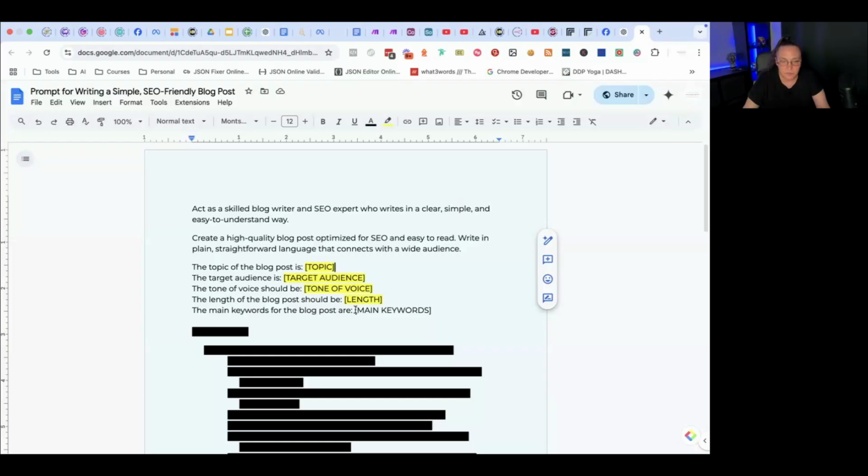enough content. And of course, you need to tell it what the main keywords are, because this is what will create that SEO. So if I'm a doctor doing the patella, I will tell it kneecap, knees, legs, health, all these keywords. And again, you can use Perplexity and say, hey, this is a topic that I want to do a blog post on. Can you give me some keywords that are SEO friendly?